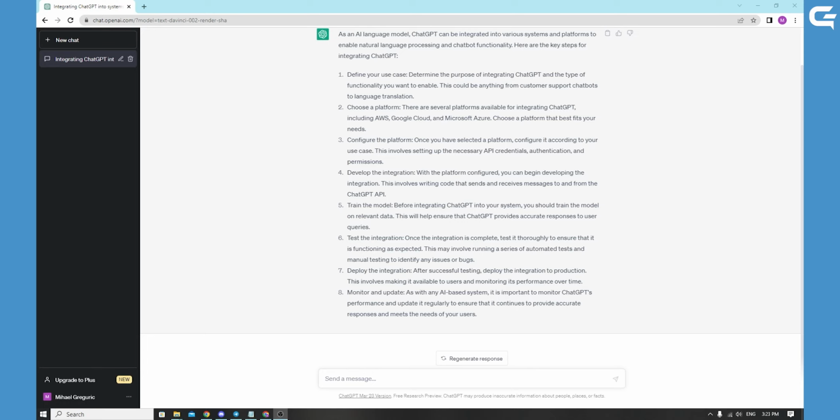And then you will test it. After integrating ChatGPT into your chatbot, it's important to test and refine the system to ensure it's working effectively. You can collect user feedback and use it to refine the ChatGPT model and improve the chatbot's overall performance. You may also want to consider incorporating additional features such as sentiment analysis or natural language processing to further enhance